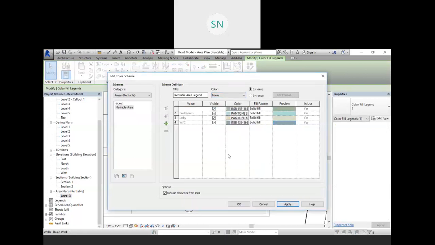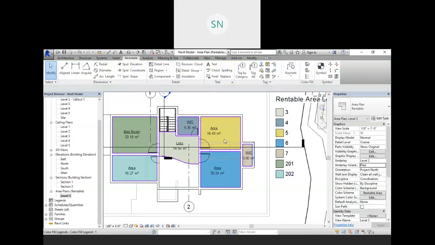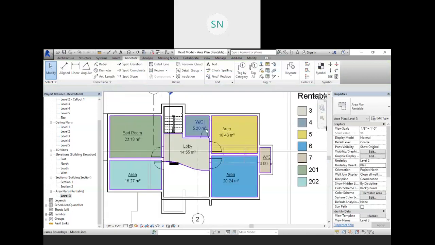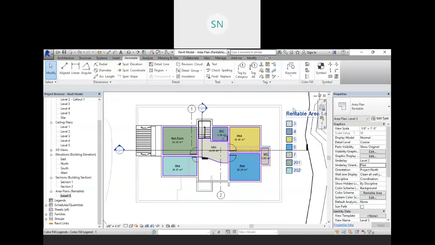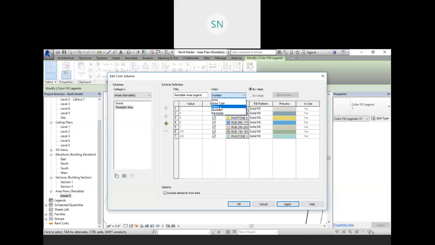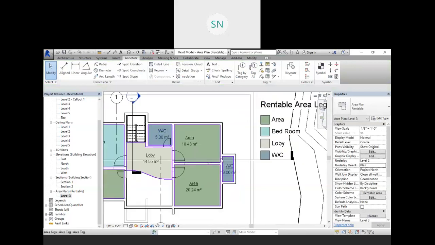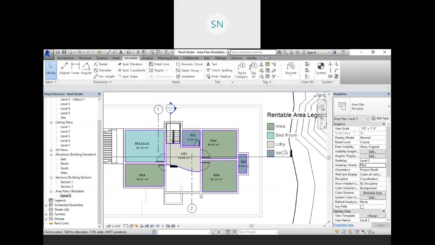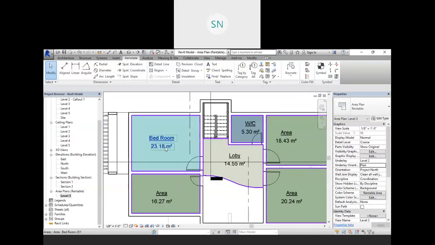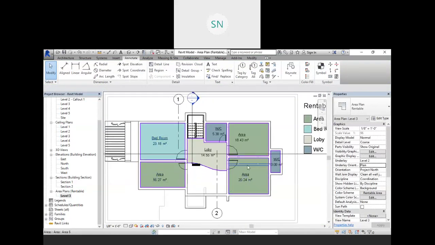Okay, so now whatever name you have provided, you will get a color scheme with the name. Okay, we just have a click ok. Now see, WC, so these are the two, and we have same color for that. We have different color for lobby, different color for bedroom, and the rest also.